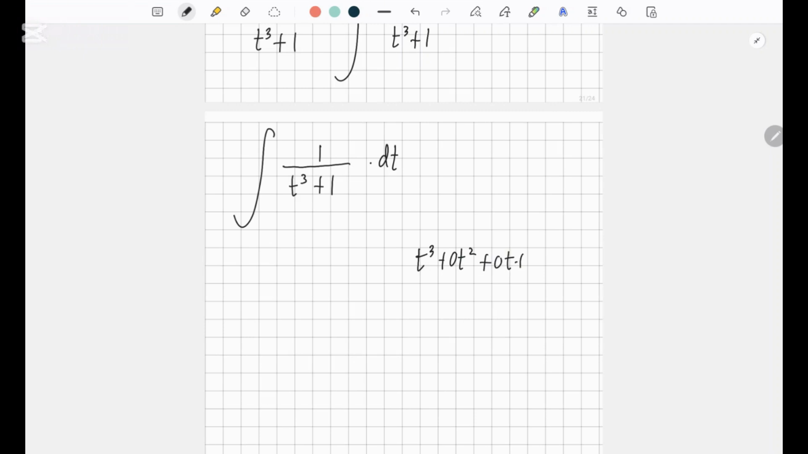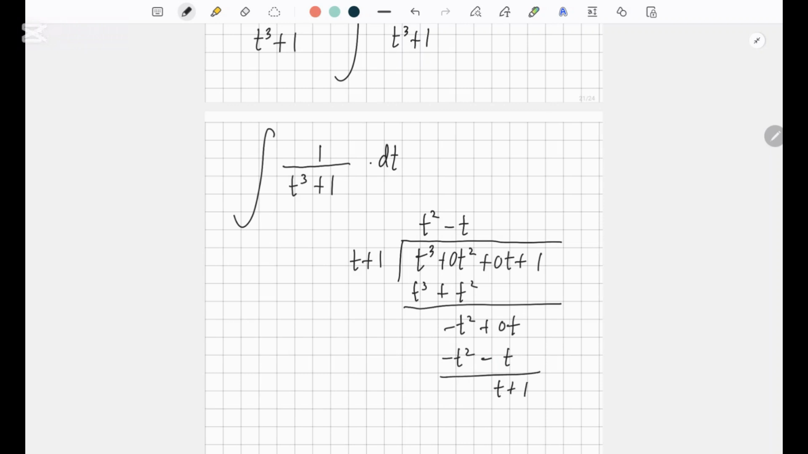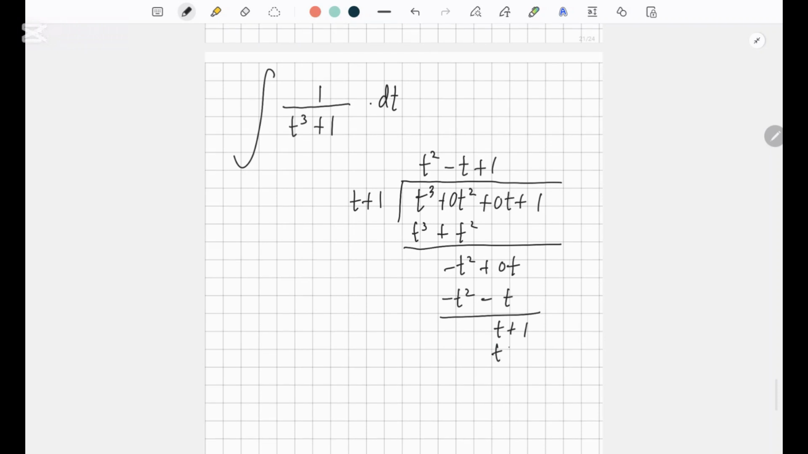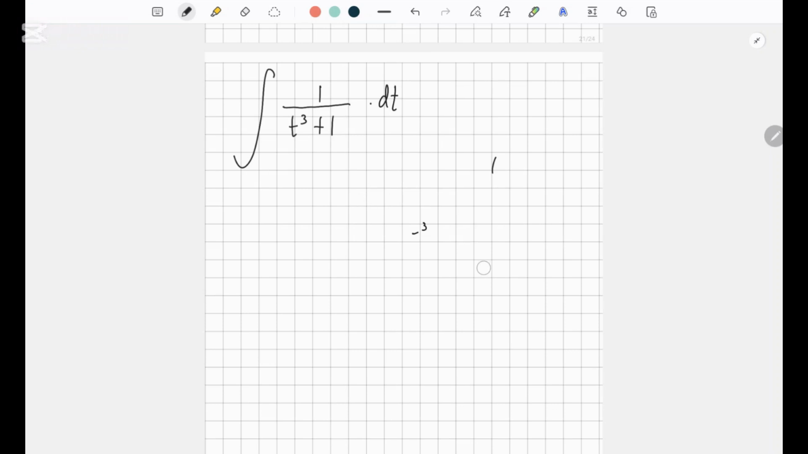So it's easier for you guys to understand. If I divide it by t plus 1, we'll see t squared into t to the power 3 plus t squared minus t squared plus 0t minus t squared plus, so minus t plus 1 plus 1 plus 1 into t plus 1, 0. Yeah, so you can see t plus 1